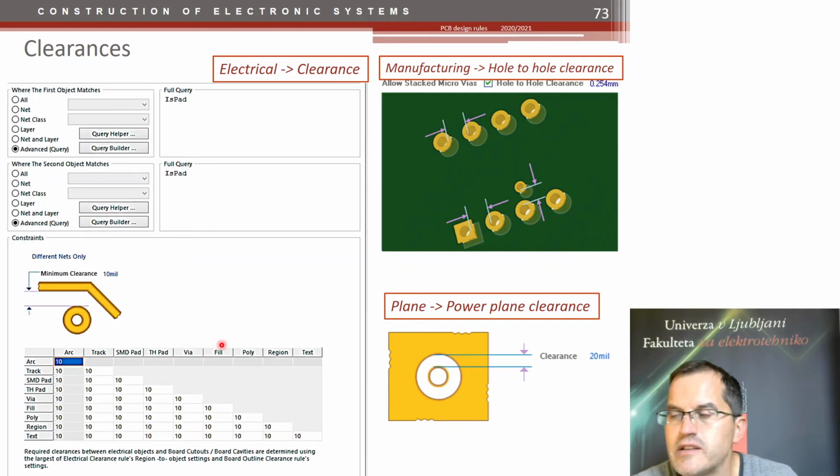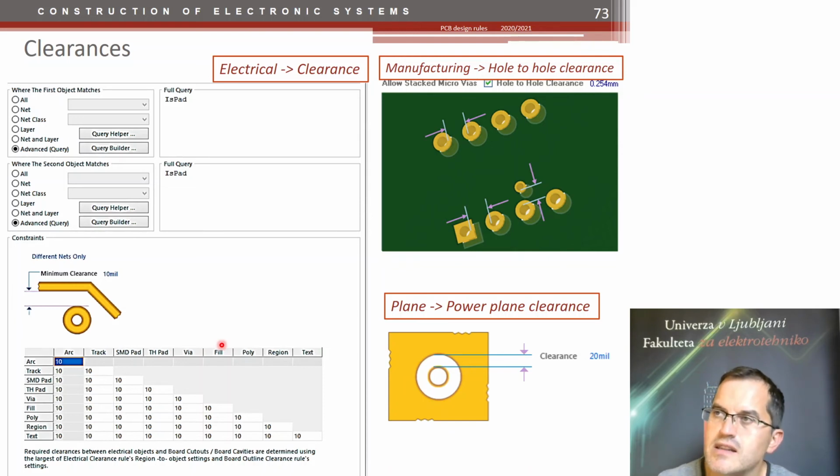And the clearance, the distance between different conductive parts of your PCB, is defined by the maximum voltage that is applied between these two parts. You can set the clearance in Altium in this matrix, between different features. And